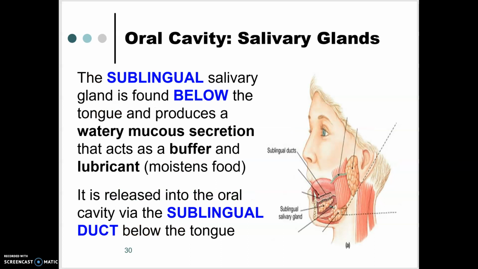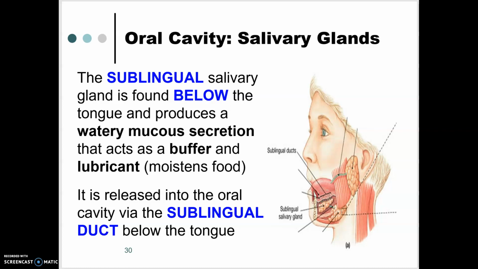The next gland is the sublingual salivary gland. So this is the one below the tongue, and this one produces a really watery mucus secretion. It's going to act as a buffer and a lubricant for food. If you think about